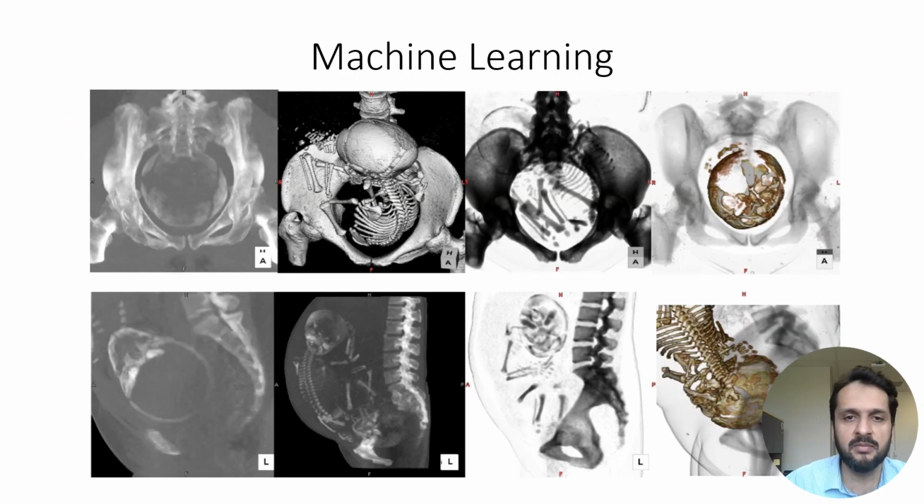Now, this is an MRI image of a woman who is in labor, and here machine learning or artificial intelligence calculated the appropriate dose of radiation, which would be non-lethal and not cause any harm to the child or the mother. With the help of this MRI, a pelvimetry was performed by artificial intelligence. The child's weight and dimensions were calculated by AI, and ultimately AI was able to make a decision whether doctors should wait for normal vaginal delivery or go immediately for an LSCS,